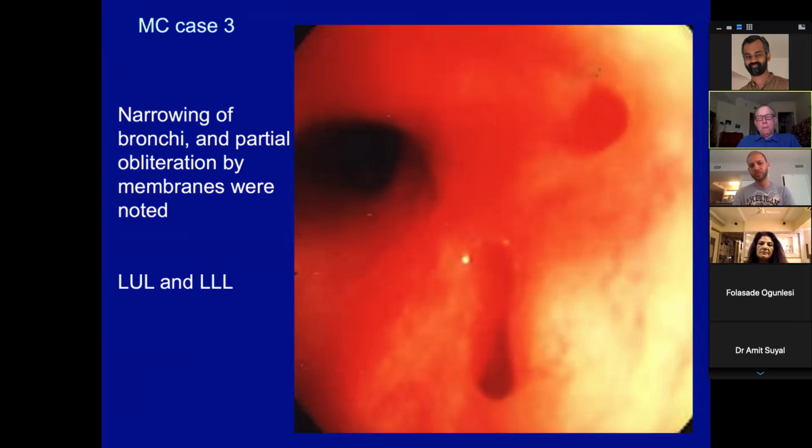And what we saw in his case, of course, we went back for many bronchoscopies because these cases have repeated bronchoscopies for transbronchial biopsies to assess for rejection. So we had opportunities to go back many times, and what we were progressively seeing was that we started to see narrowing and partial obliteration in membranes with repeated bronchoscopy, particularly in the left upper lobe and the left lower lobe. You can see a patent bronchus here, a bronchus that is partially obliterated here, and a bronchus that is quite obliterated here.